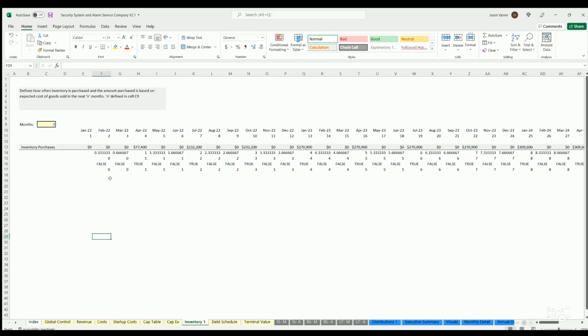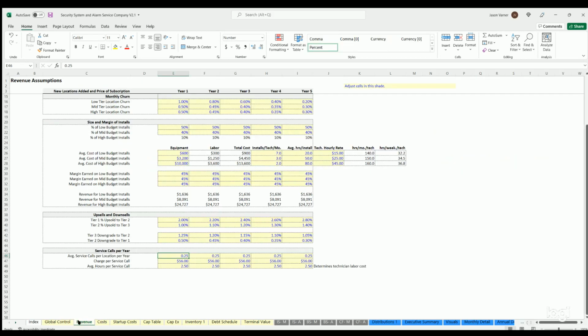Inventory, this is going to determine how frequently you buy inventory. So every 3 months or 2 months or 6, you just put a number in there, and that's going to affect your cash flow, especially in the first 12 to 24 months. And the purchase amount is going to be based on your expected future sales, and the resulting cost of goods sold will fill in based on this markup on